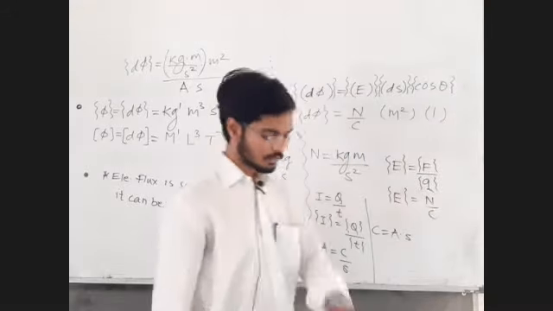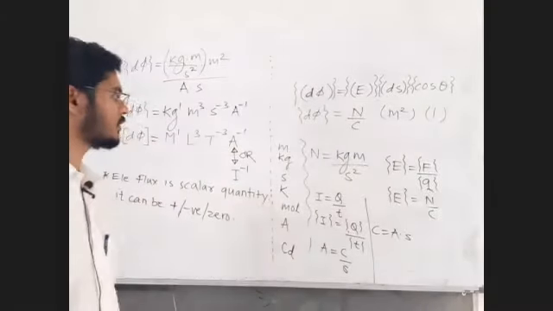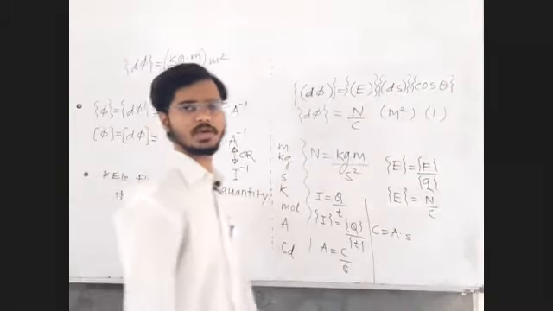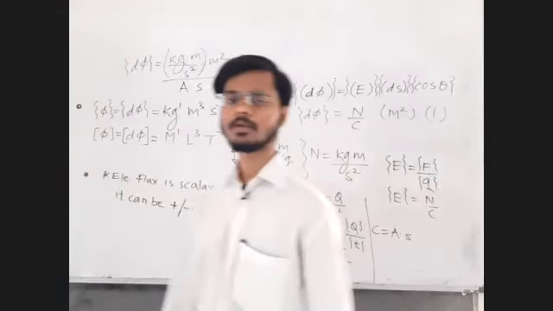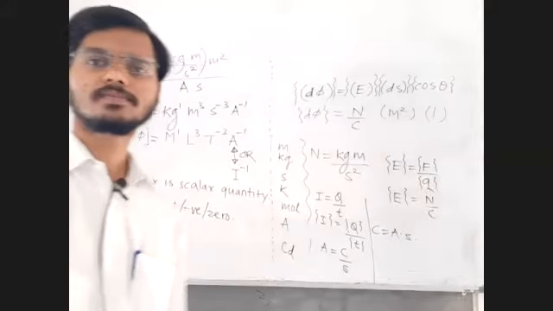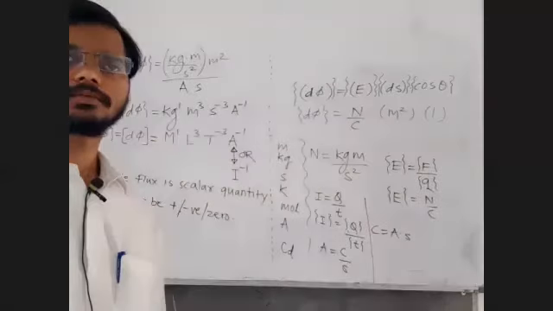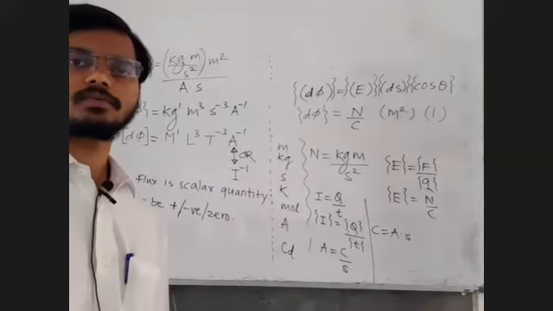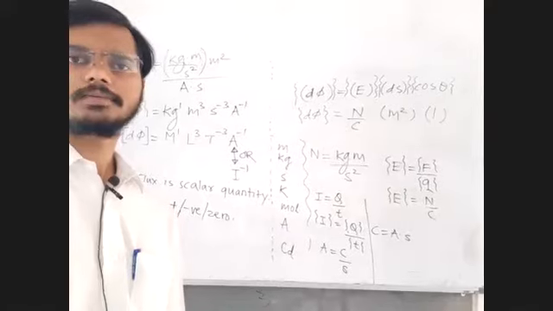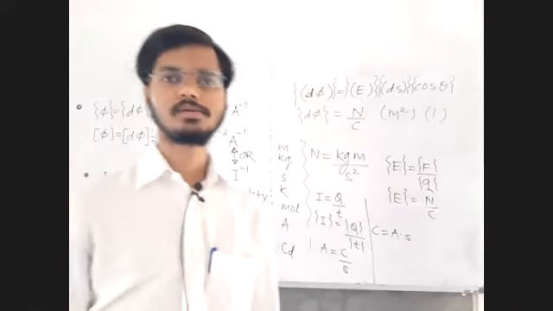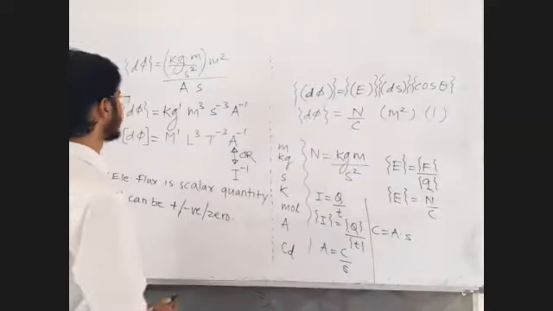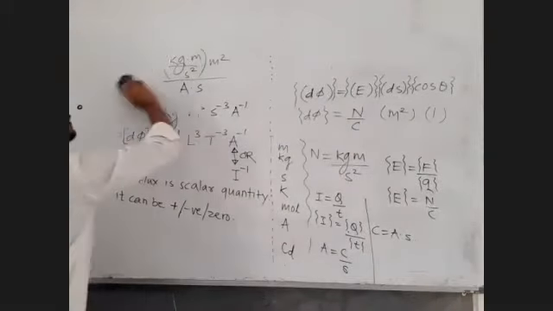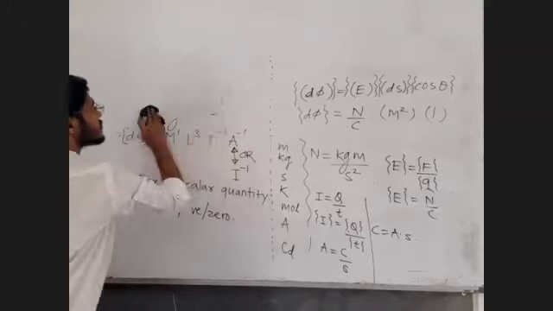Done. Up to this, reply to me, everyone. Up to this, we learned a new physical quantity, electric flux, today. Everything clear? Tell me. Good. How much time do we have? We have some 20 minutes, right? Okay. So we will solve some examples. Let us solve some examples on electric flux.